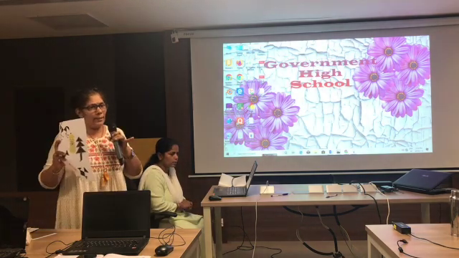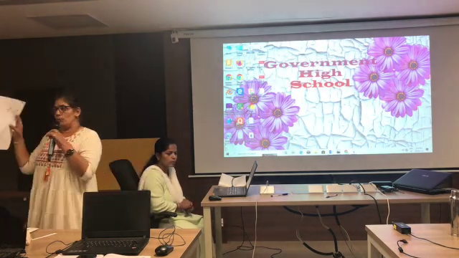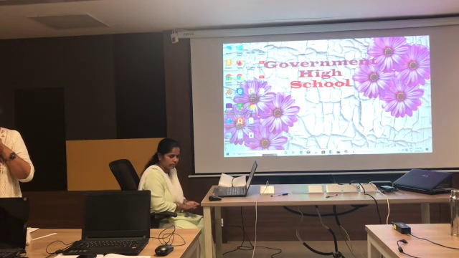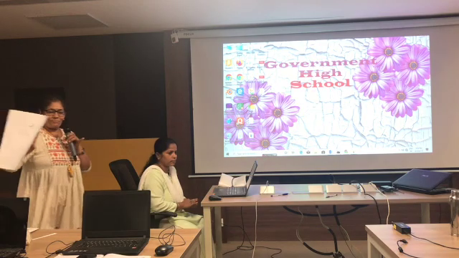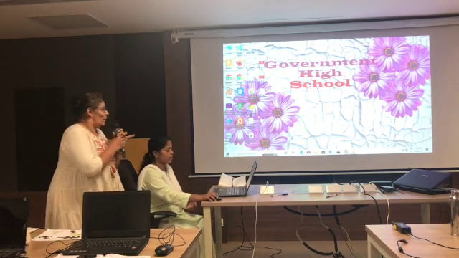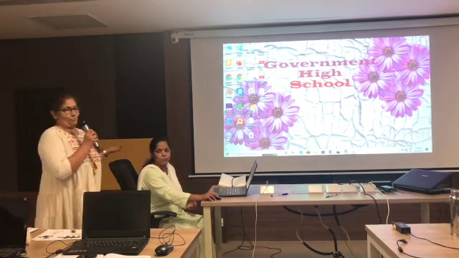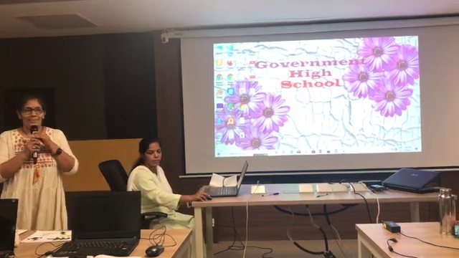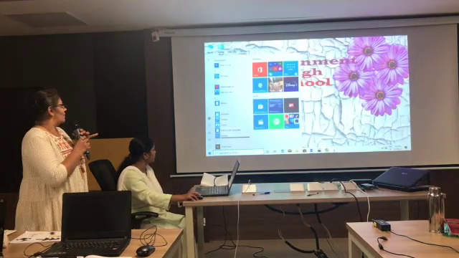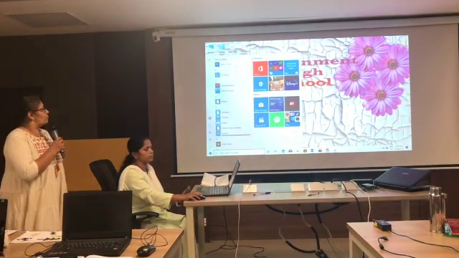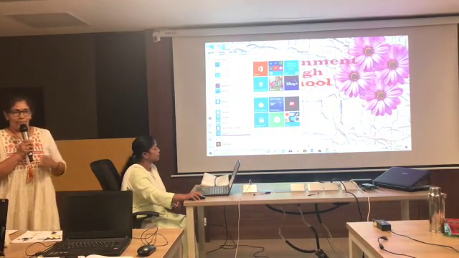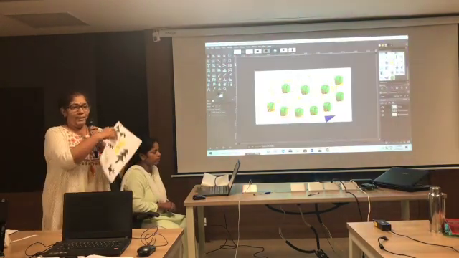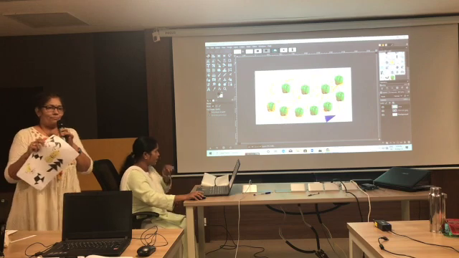Paint we have learned already. Now all of you know how to use Paint, so you want to learn something new, no? So we'll learn this. First we'll open the GIMP. You have to click on Start and then you can see GIMP. Click on that. You are familiar with this interface because you have already seen it in the last class.